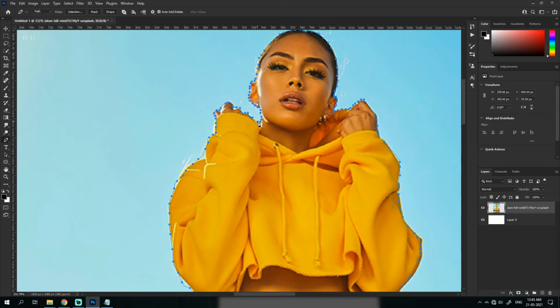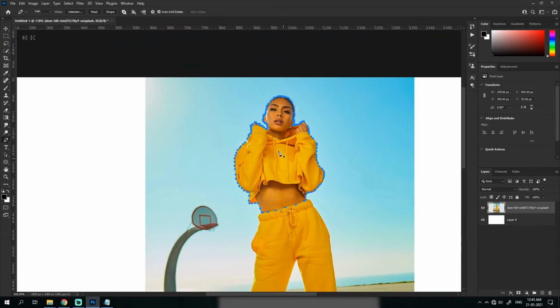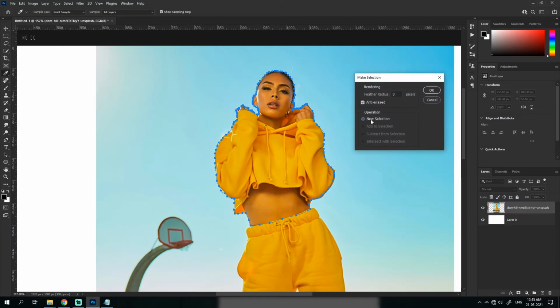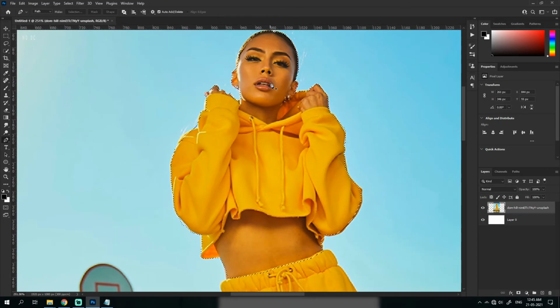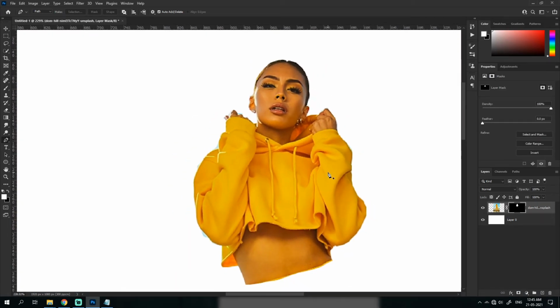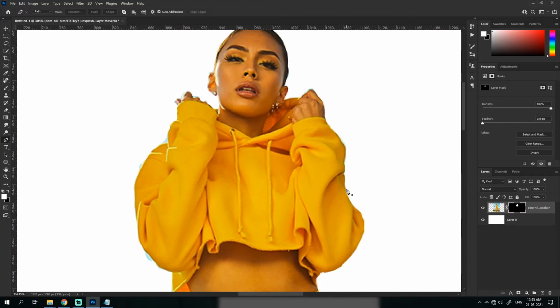And then we select it by just completing it, and you could see there's a layer created around this. Then I click right, make selection, and then new selection, feather radius 0, and press OK. Now you could see she is getting selected by this thing, and I can just make it. This leads to pretty nice edges and stuff.